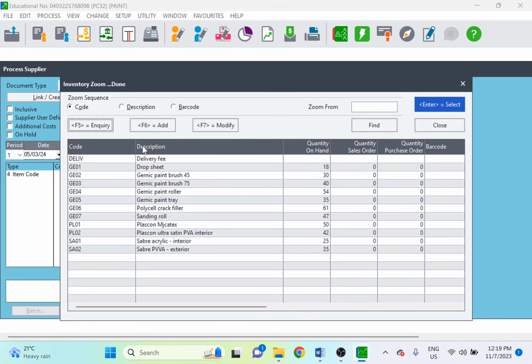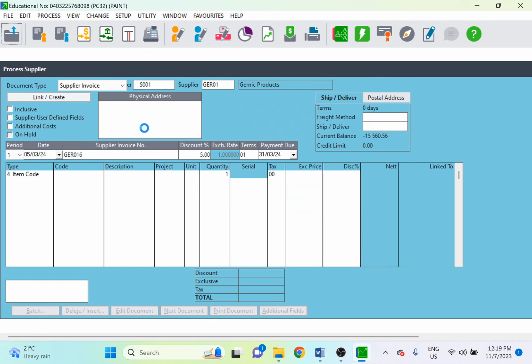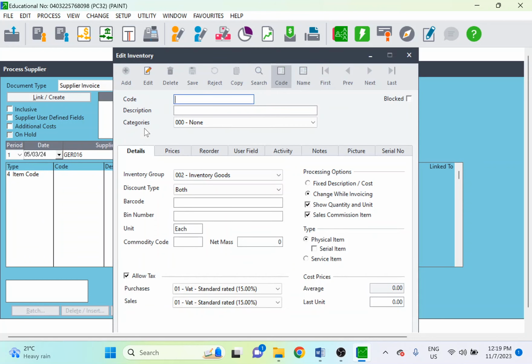So under add, code we have GE08, description paint roller,